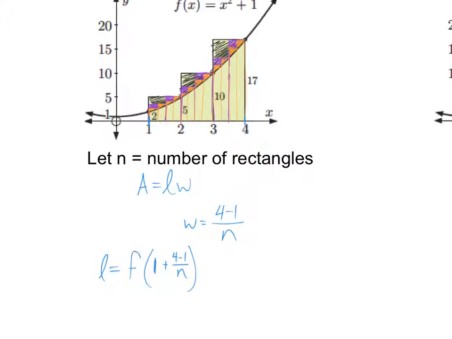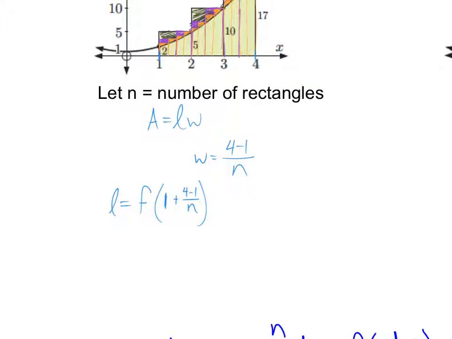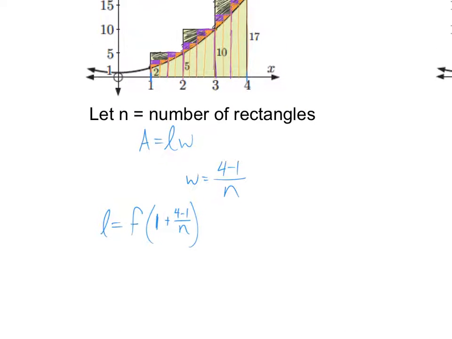So watch what I'm going to do here. The area of the first rectangle is going to be f of 1 plus (4 minus 1) over n, times (4 minus 1) over n, length times width. That's only the first rectangle. In order to add up all of the rectangles, watch what we're going to do. I'm going to put this increment i in here, and we're going to add up from 1 to n